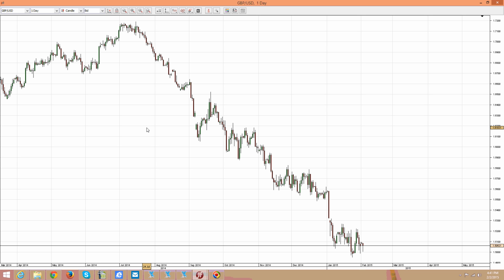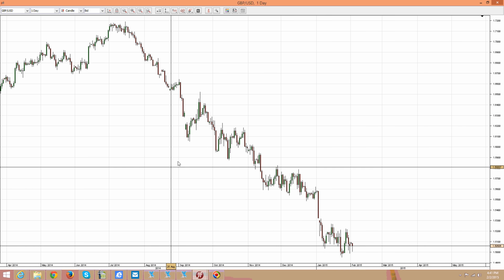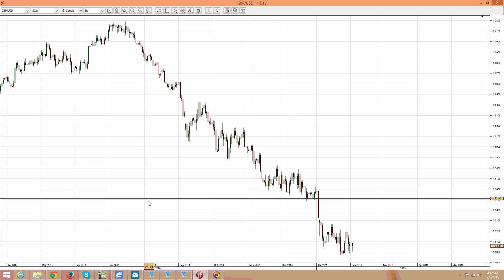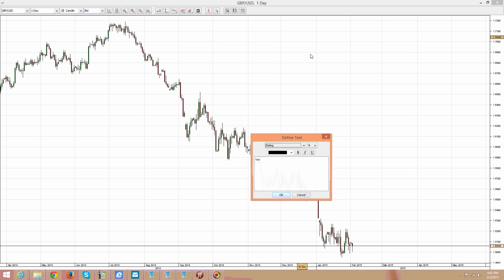Now the Great Britain pound US dollar currency pair represents one of the biggest economies in the world, and therefore it is moving based on the differences between the UK and the US economy. And just like that, we already know that when you want to buy call options or put options on this currency pair, you need to take into account the economic news and what's happening with the economies in those parts of the world. So let's write down that the first thing that is important here is that Great Britain pound US dollar is moving based on the differences, or economic differences,